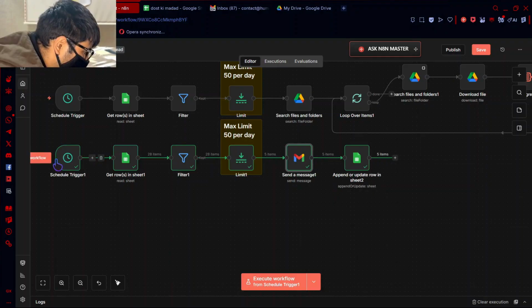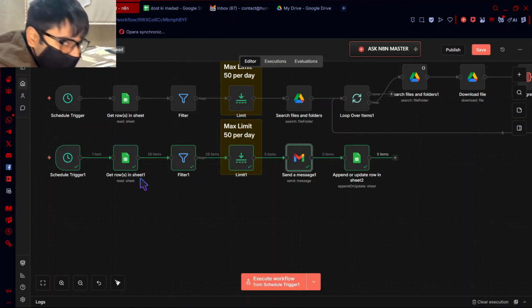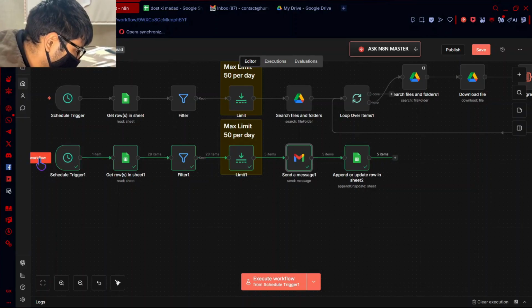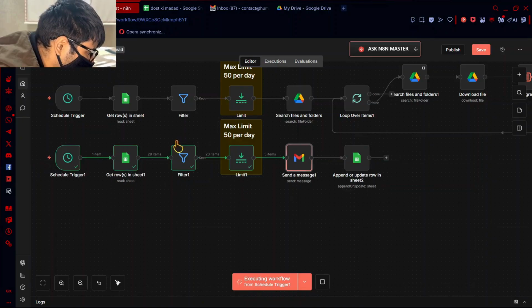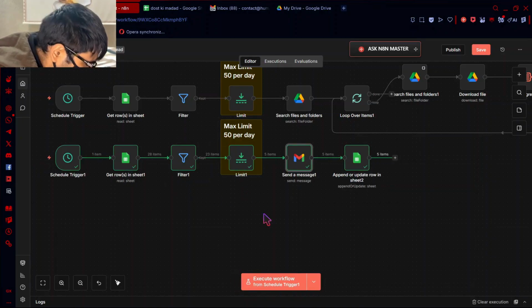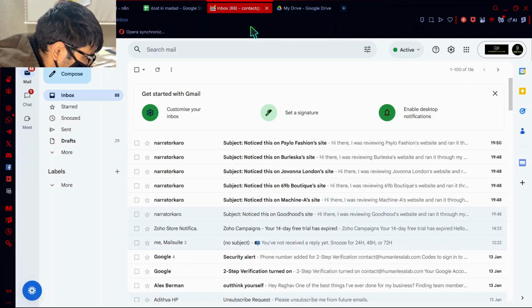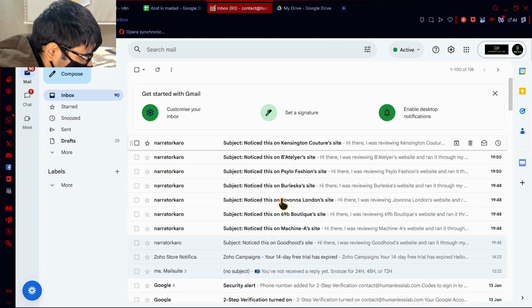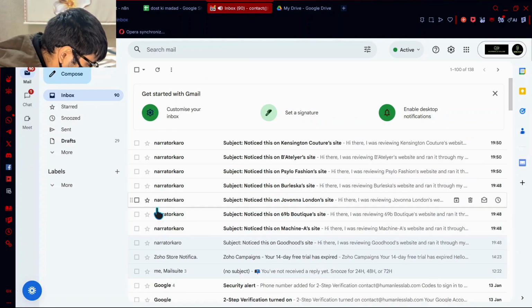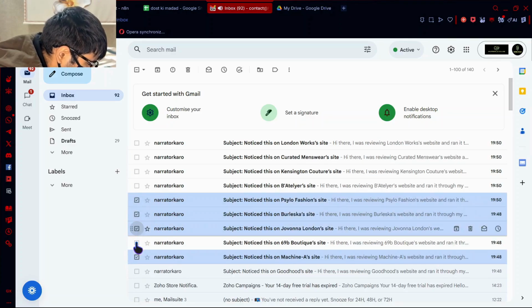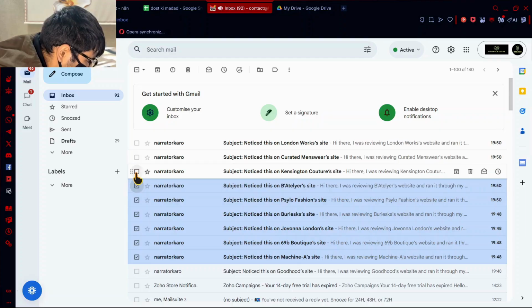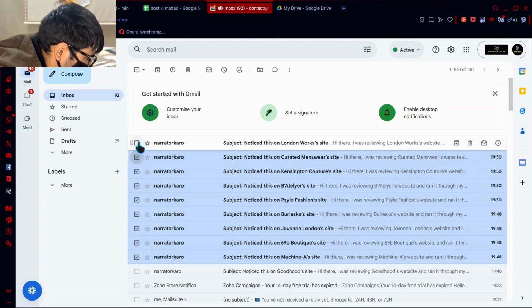Now if I execute it again, let's say the next day, it will filter out the already sent ones, then send the emails again, this time with new names, and it continues sending.